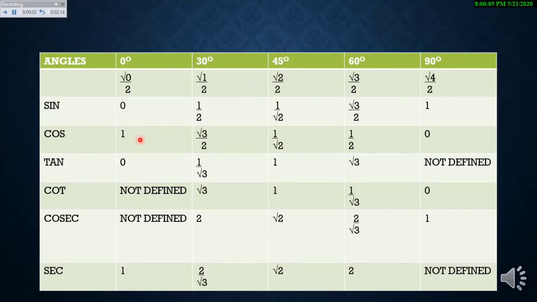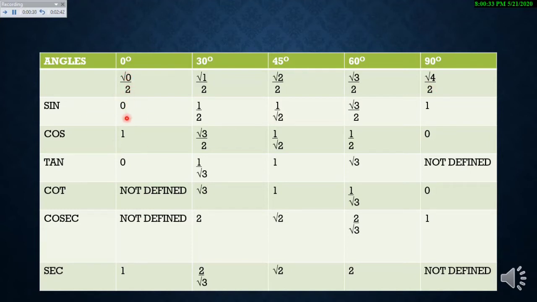Next we discussed angles yesterday, how to find the values of these different functions. So we have majorly these 5 basic angles: 0, 30, 45, 60 and 90 degrees. We discussed a trick to find these values: we just have to substitute root 0 by 2, root 1 by 2, root 2 by 2, root 3 by 2, root 4 by 2 for these angles. So how do you get it?